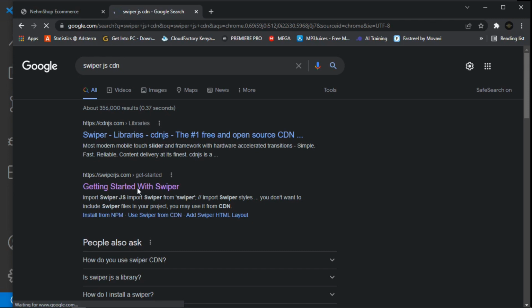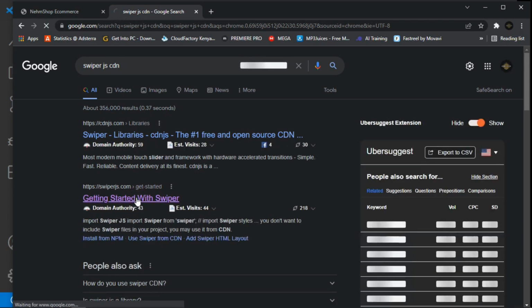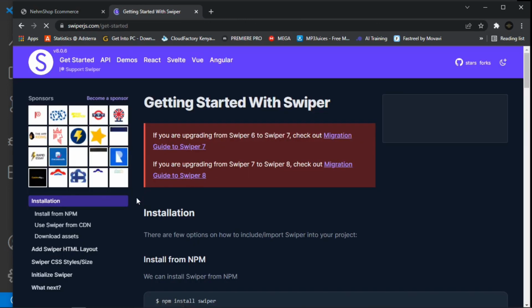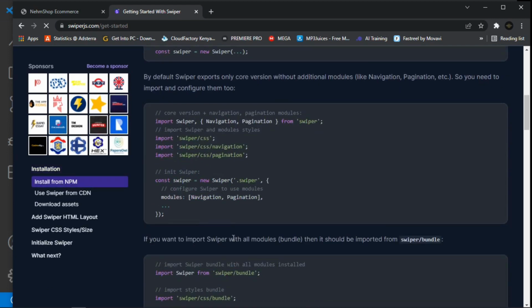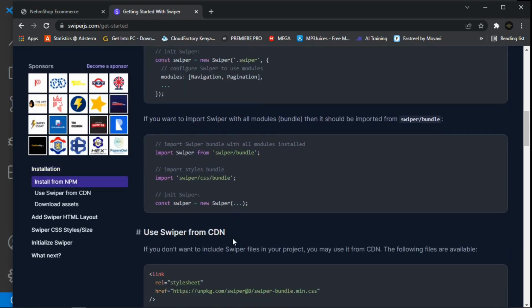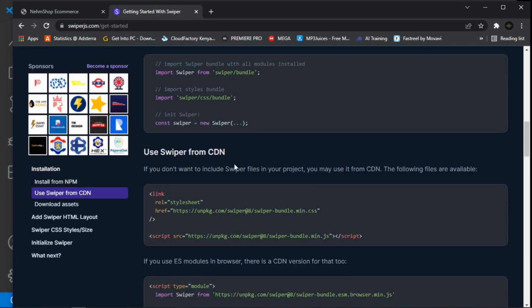Swiper.js, and then I'll go to this one for getting started, the second link here. So now in this get started, just scroll down, and then I'll go to the use swiper from CDN. So just copy first of all this part,